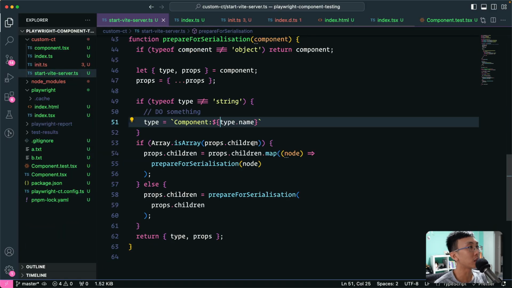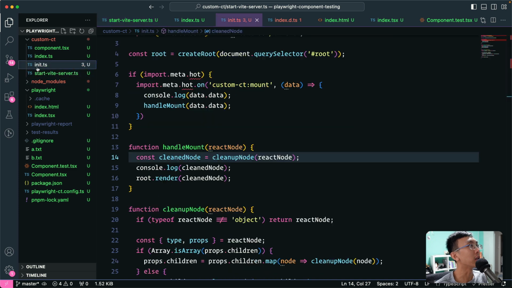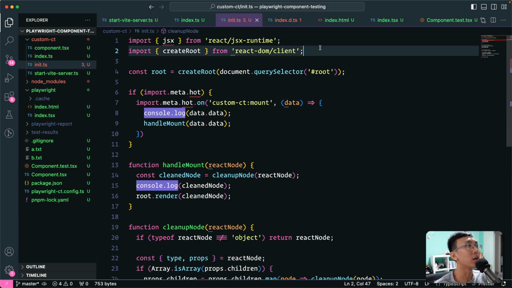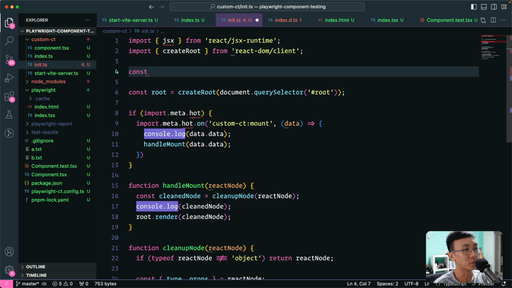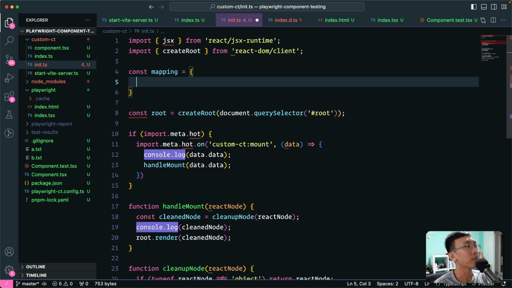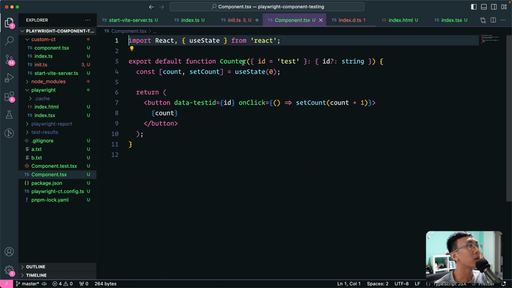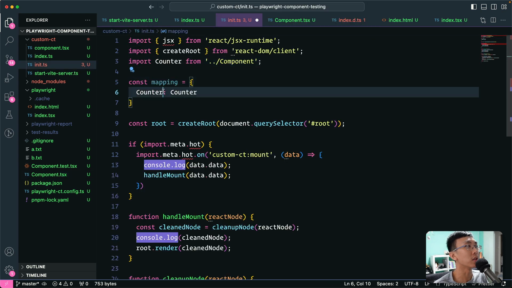So what we can do now is, in our init function, have a mapping of the components, right? So this is a huge if. Of course, later we will need to figure out how to create this mapping. If we have a mapping where counter is the counter component, right? If we have this mapping,